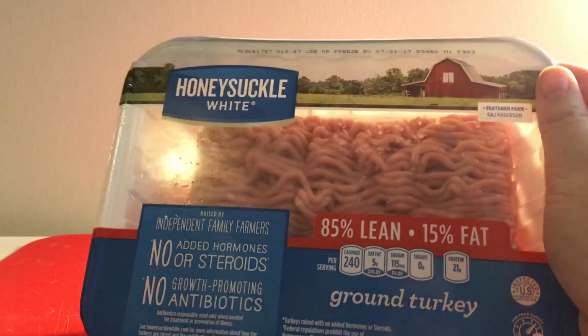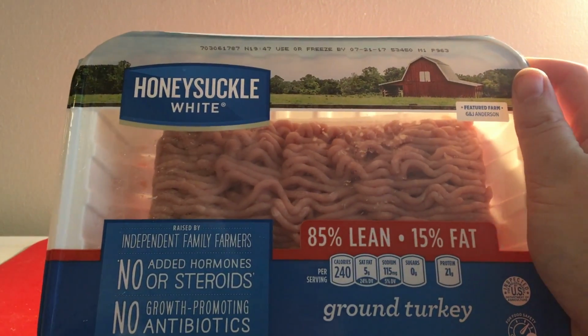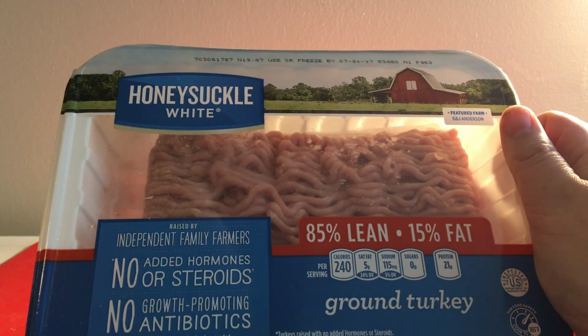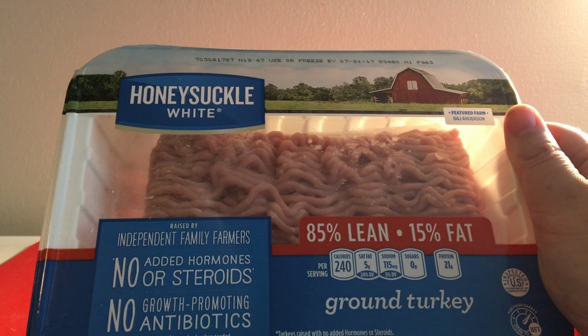And then the main part of that is, of course, ground turkey. I went with 85/15 for no real reason other than it's a little bit cheaper. I'm not actually even worried about fat content when I'm making things. In this case, I'm using turkey because the flavor is better for this type of meatball. I've tried it with beef, and it just didn't taste the same. So I think turkey is definitely the better choice for this, which is probably why that is what the recipe